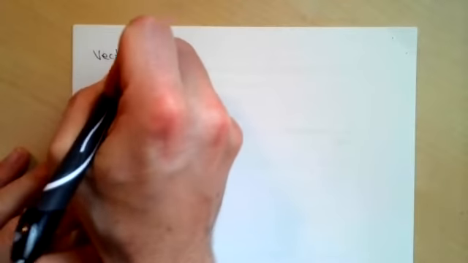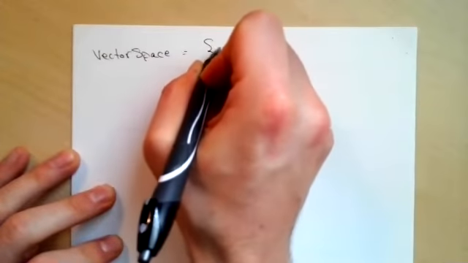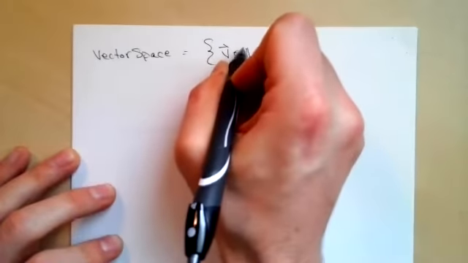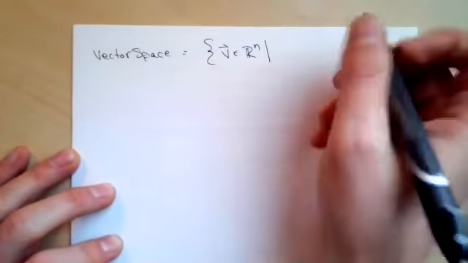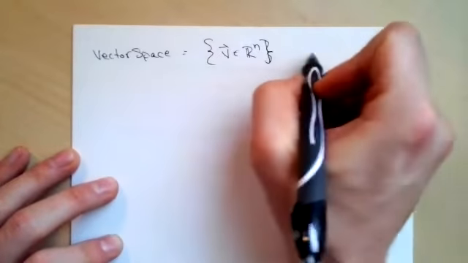So from Friday, we talked about the formal definition of a vector space, right? So remember, a vector space is a collection of objects that we call vectors in Rn, such that we can add and we can scalar multiply. So loosely, a vector space is going to be a set of objects in Rn. And then let's just write it out. So such that,